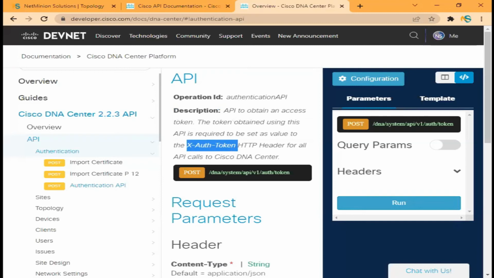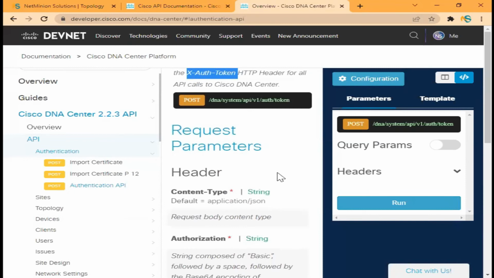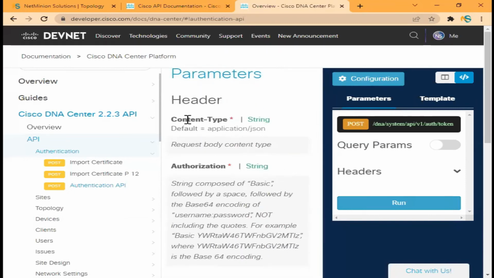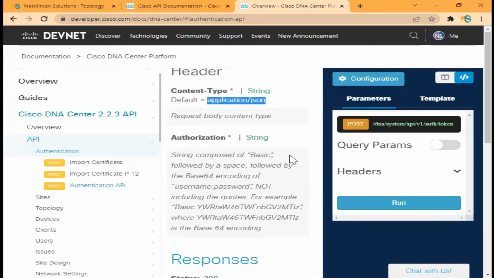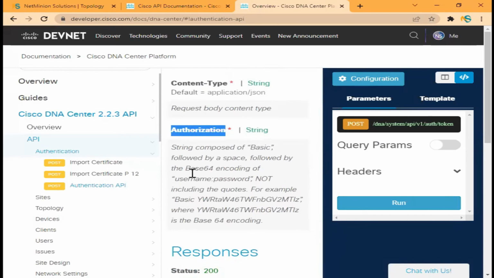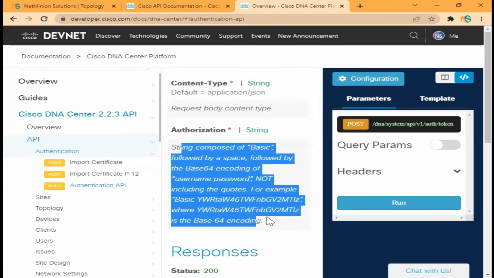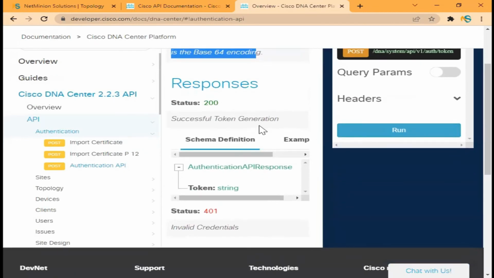I am going to show you. Maybe the first time you will get confused, wondering what these things are, but once you are doing it, you will understand that these are very, very basic things, not something we are unable to understand. Then for the content type we need to provide application/JSON, so we will be using application and JSON. Under the authorization, we need to put the token, and then we can connect to this device.